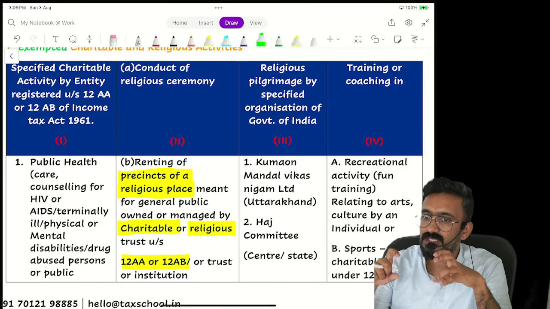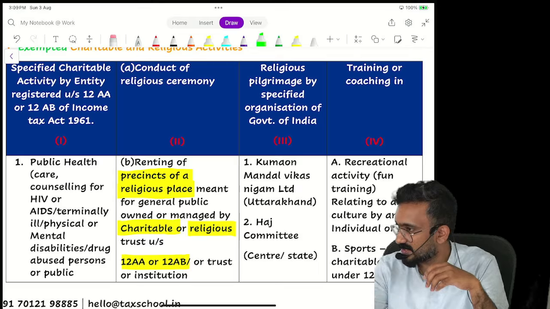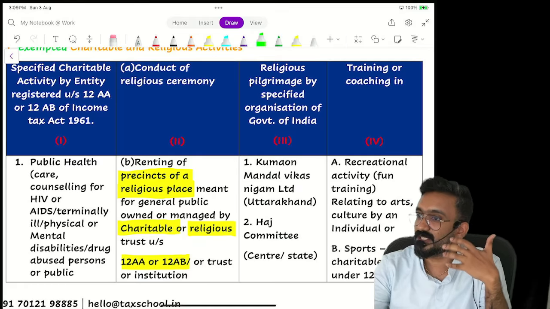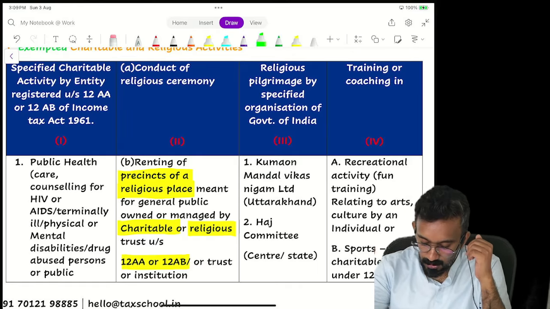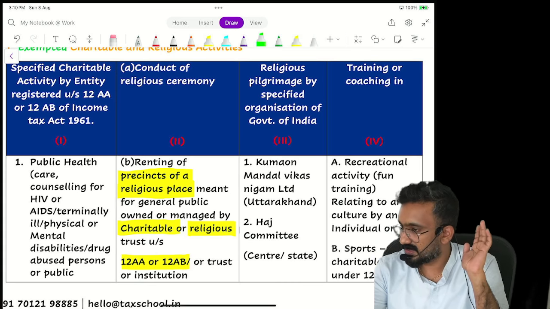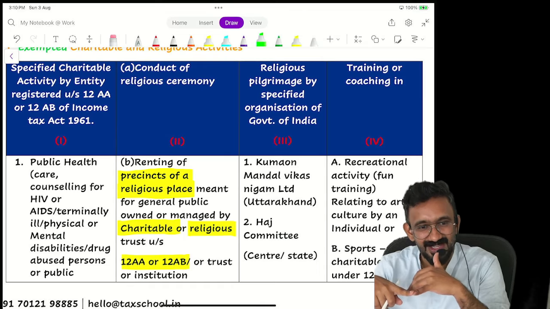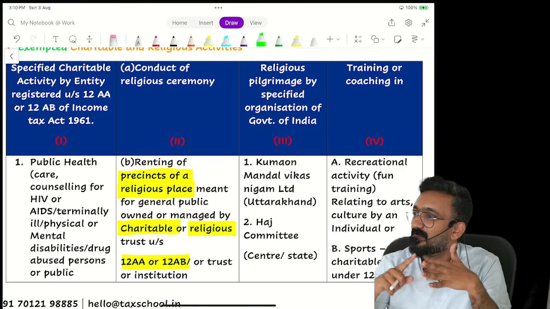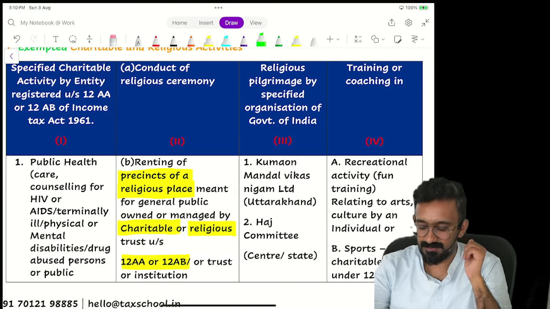This particular structure had an exemption if the package covered the four places together. If you go to Rishikesh and places in Uttarakhand, you have a lot of private parties giving this package. Will it be taxable or exempt? Taxable. There's a government organization called Kumaon Mandal Vikas Nigam Limited giving this package. Would it be taxable or exempt? Exempt. That's your understanding. Then the Hajj Committee also gives you a Hajj package. Akbar Travels, Al Hind Travels also give you Hajj packages. Would Akbar Travels' Hajj package be taxable or exempt? Taxable as per this, but the Hajj Committee's package would be exempt.